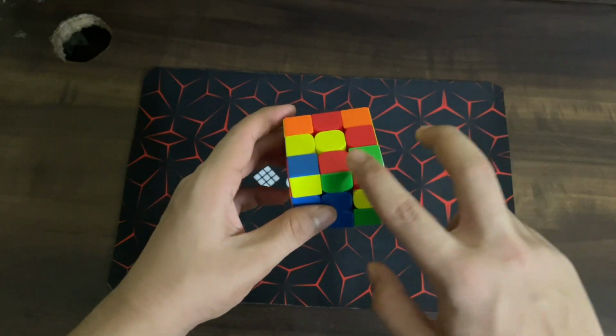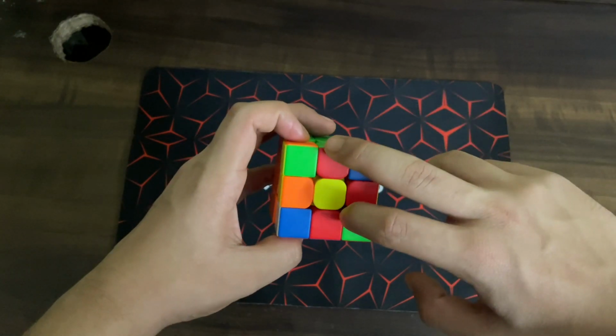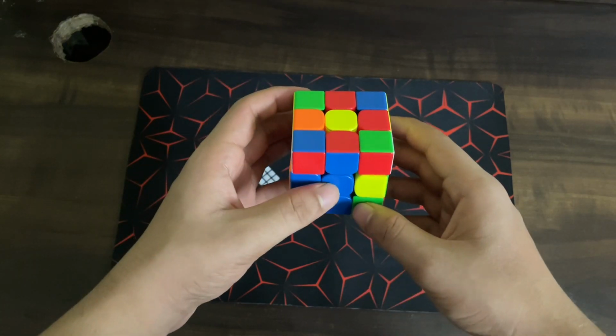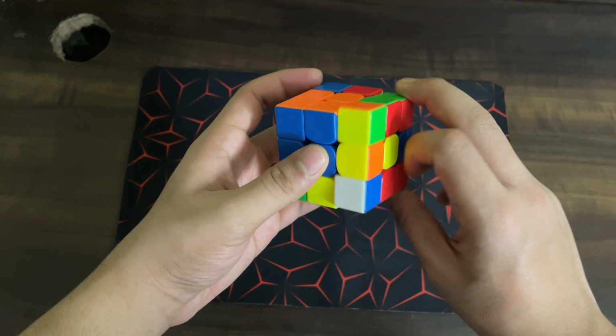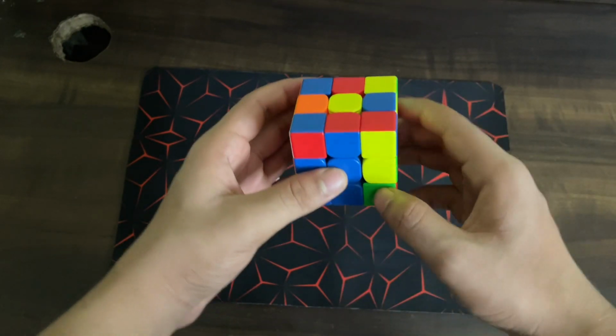Next, I will be solving these two. So I'll do R prime, U2 R to set them up. And instead of rotating here, I'll do U prime and I'll insert it like this. Small f, R, small f prime. And then last pair,